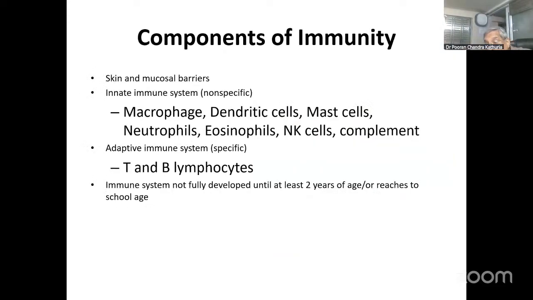I know this topic has already been talked about, what are the components of immunity and how it acts, but I'm going to use these terms very frequently in the coming case scenarios. And just a little revision for our residents here, we know that you've got innate immunity, which is a non-specific immunity, composed of macrophages, dendritic cells, mast cells, neutrophils, which I call the senapati of all the cells to fight infections, and then specific immunity, which comes through your T and B lymphocytes, right?